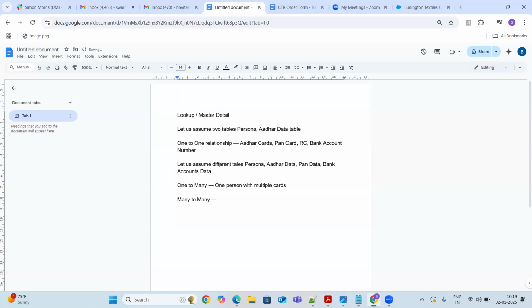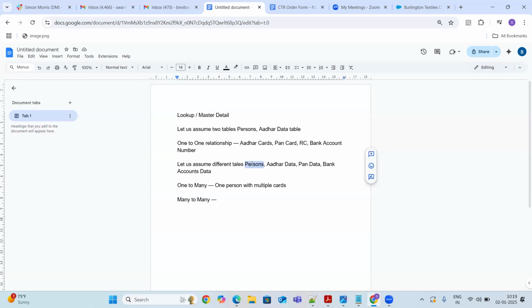In one table we are capturing all the Aadhaar information. In one table we are capturing all the PAN cards information. In another table we are capturing all the bank accounts information. So one-to-many is something like that. A person record is going to connect to Aadhaar card, PAN card, bank accounts. In this case, we call the relationship a one-to-many relationship.